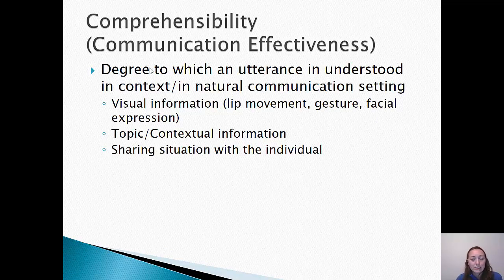So when we're talking about some of those oral rehab strategies, working with individuals who may be in the deaf or hard of hearing community, we talk about some of those communication breakdown strategies: appropriate lighting, reducing background noise, providing context, asking questions. All of those things that we use to get communication across effectively, regardless of population. That's what we're talking about with comprehensibility, because there are patients you'll work with who might have, they